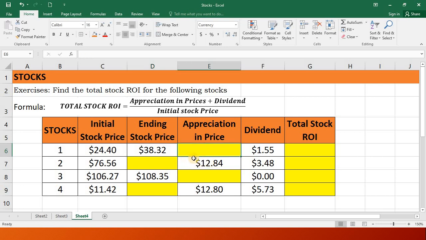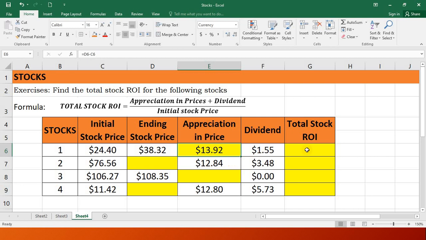So therefore, the appreciation in price would be the difference of these two values. So we have the ending stock price minus the initial stock price. That's equals column D row 6 minus column C row 6. Press enter and we have a value of